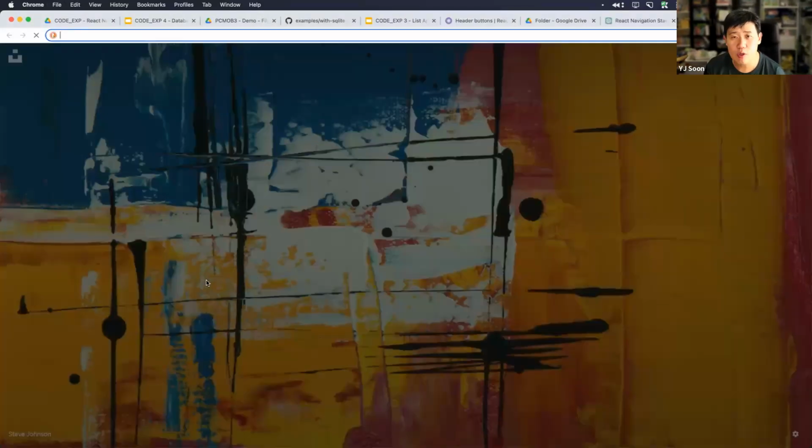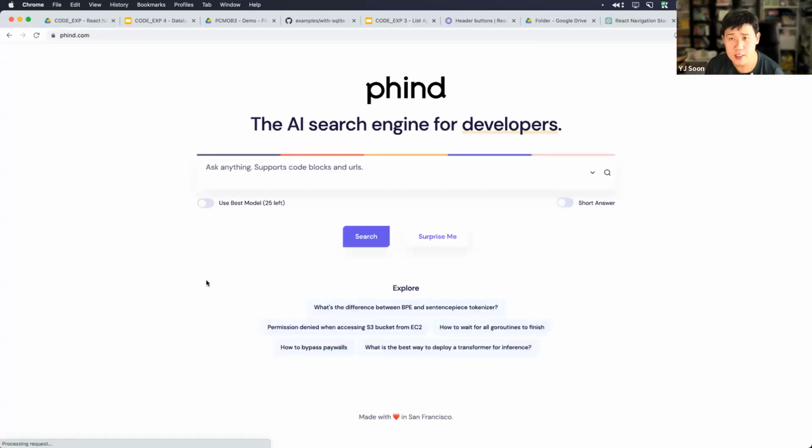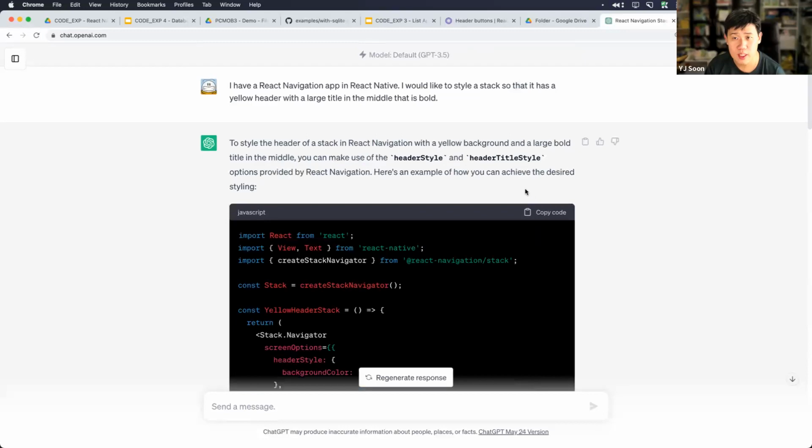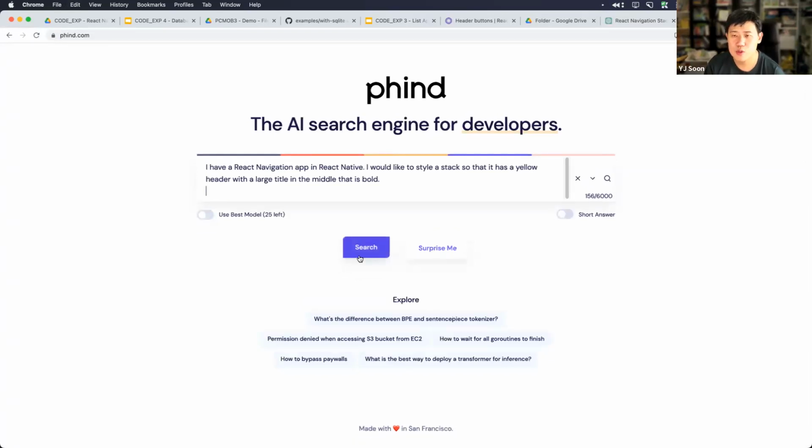If you find that ChatGPT doesn't work well for you because you are working with new APIs, right? There is an AI search engine for developers called Phind. I think that's how you pronounce it, Phind, right? If you want, you can also ask it, and it will actually go look up documentation for you. Okay, so some things move very fast, right? Especially in the world of JavaScript, right? So if you want to try something else, right?